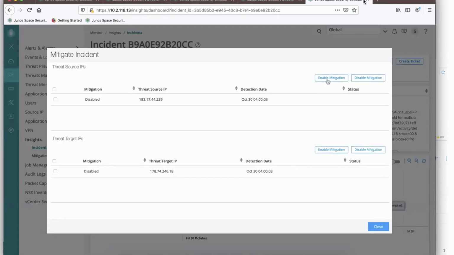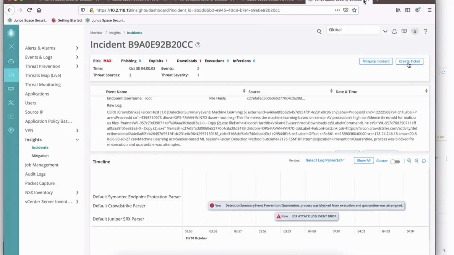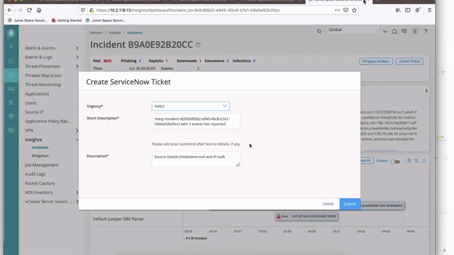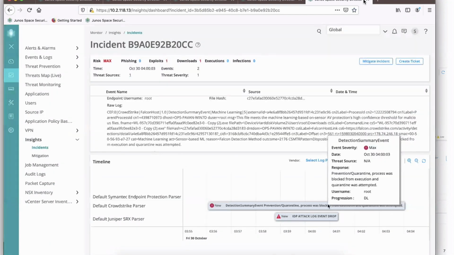So in this case, what I'm doing is really showing you how I can quickly enable mitigation by pushing this particular IP address into our threat feed. For instance, I can do that very quickly from the screen. Or if I think that it needs further investigation in a certain format, I can say, raise a ServiceNow ticket